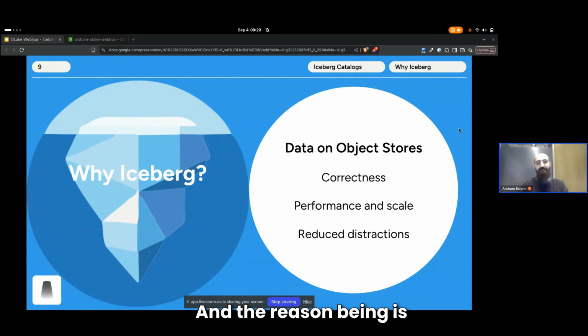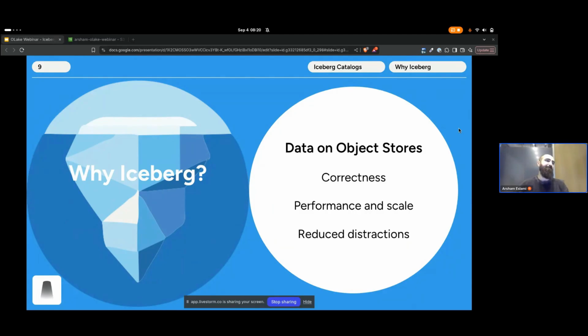The reason being is Netflix was running their Hive setup on object store. They needed the scale that object stores give them, whereas setting up a bunch of physical disk and trying to scale that manually is very challenging. So they moved to object store, but Hive inherently wasn't really built for object store. Object store, as you guys know, has really high latency, which impacts directory listing operations, which is a key part of figuring out what is in your data lake.